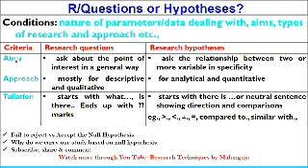On criteria like the aims, research questions usually ask about the relationships or the point of interest in a general way. It simply asks the point of interest. What are you expecting to do on particular parameters under study? But when you go to the research hypothesis, this asks about the relationship between two or more variables in a specific way. When we go to the approach, the research question is